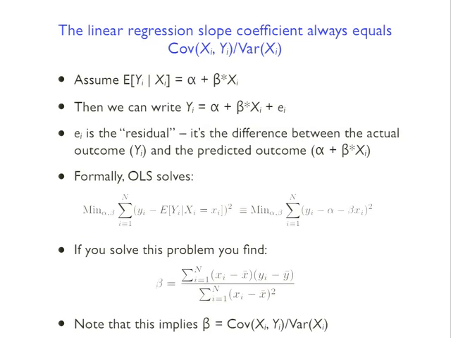And then the other way that you could have gotten there, if you had wanted to go down the calculus route, would be to take this function here, differentiate it with respect to alpha, and differentiate it with respect to beta. In particular, if you differentiate it with respect to alpha, that'll very quickly get you to the point at which you want to be. So say that function is f. The derivative of that thing, which we'll call f, with respect to alpha is going to be equal to